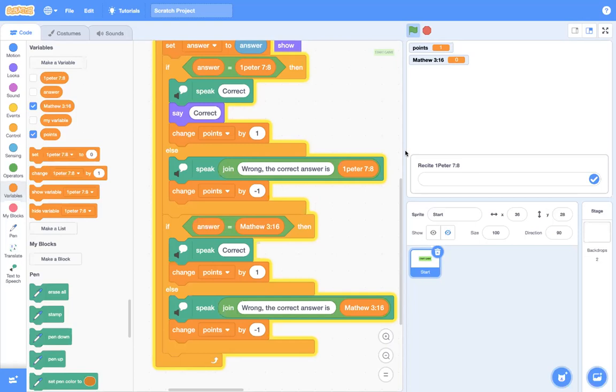So what I want to do, I want to get my project. I click on file, then I load my project from my computer. And I load Bible game here. Then I press OK here. So since it's here, then I click on share. After your project says project saved, then you can say Bible game, maybe